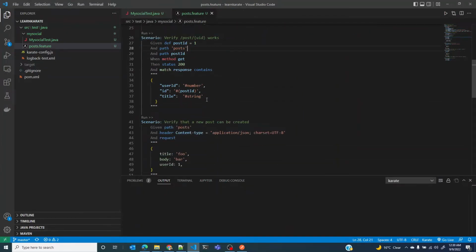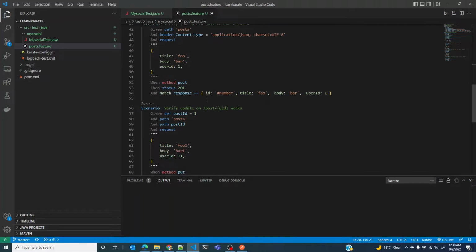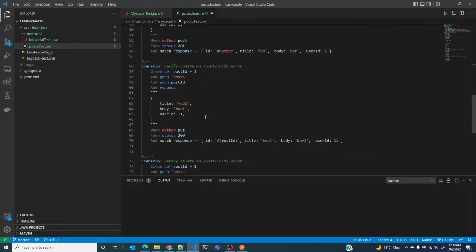In the tests that we have been writing so far, you could see that the test data and the test were tightly coupled. For instance, in this case, we are trying to put or update post ID 1. And you can see, even though we have used a variable here, this scenario can only test this particular instance. You can only update post ID 1. If we were to assert for post ID 2, we would have to duplicate the scenario